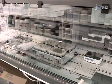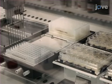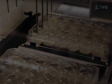Next, use the 8-channel liquid handling arm to mix, then aspirate 50 microliters of transformation mix from a 96-well transformation plate. Dispense the transformation mix within